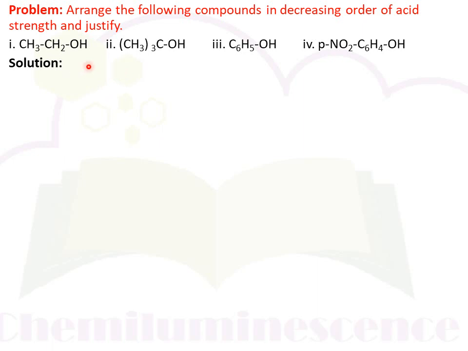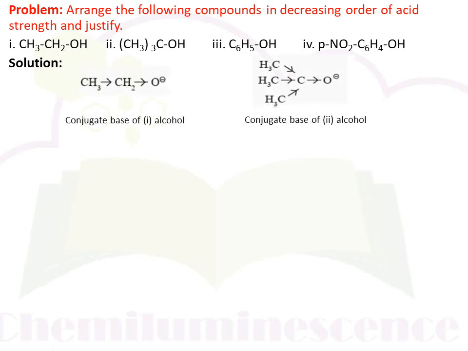Let's see the conjugate bases of the first two compounds, that is ethanol and tertiary butanol. This is the conjugate base of ethanol and this one is the conjugate base of tertiary butanol. We know that the stability of a conjugate base depends on the +I effect or +R effect, that is the inductive effect and resonance effect. In alcohol, the alkyl group shows an electron donating inductive effect, that is the +I effect. As the +I effect increases, the stability of the conjugate base decreases. This shows that the conjugate base of ethanol is more stable as compared to the conjugate base of tertiary butanol,